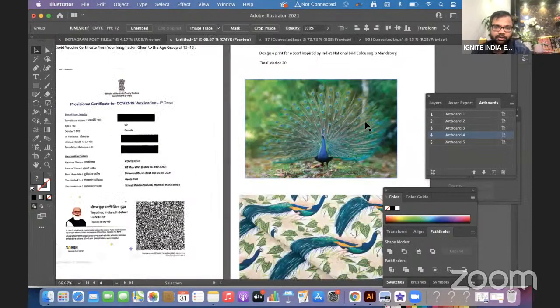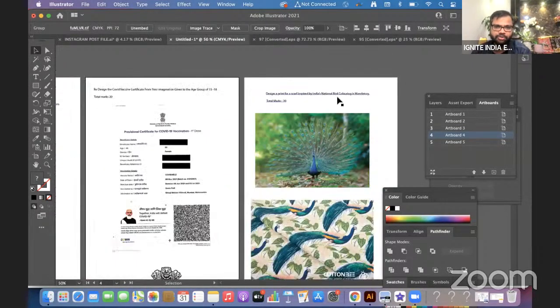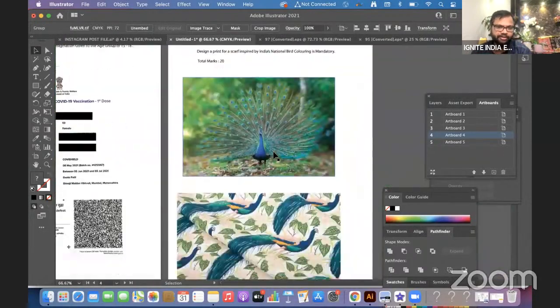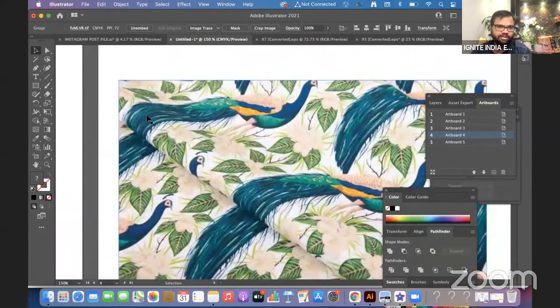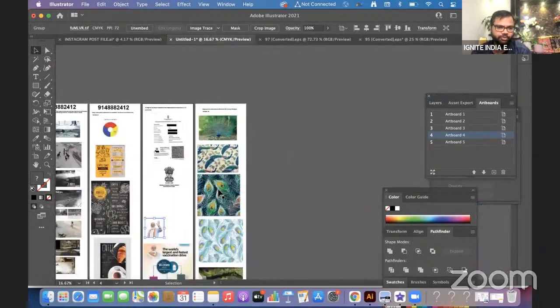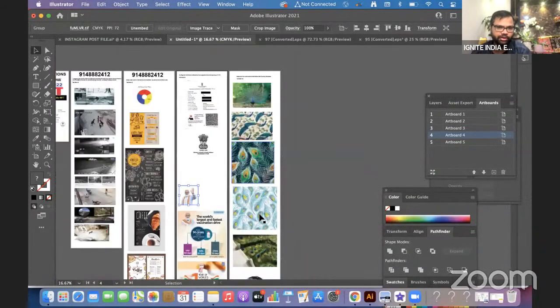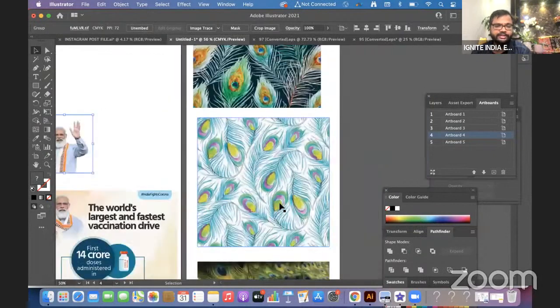So what is extra you need to do? See, this is a peacock, right? So it's written here, national bird. I hope all of you know the national bird is this. Now see, these will be fabrics. So you should design a cloth, right? A small swatch you can design or use this, or maybe something inspired by. Exactly you don't have to copy.